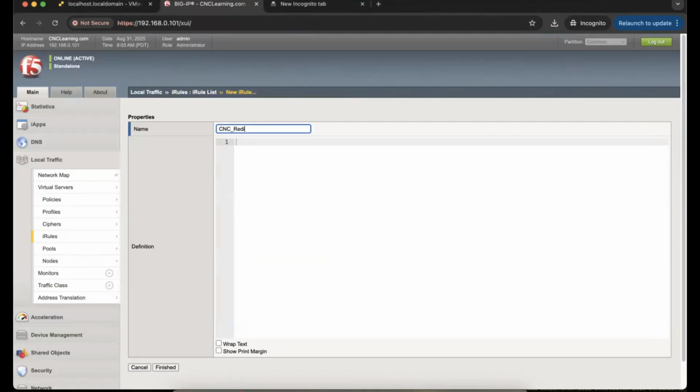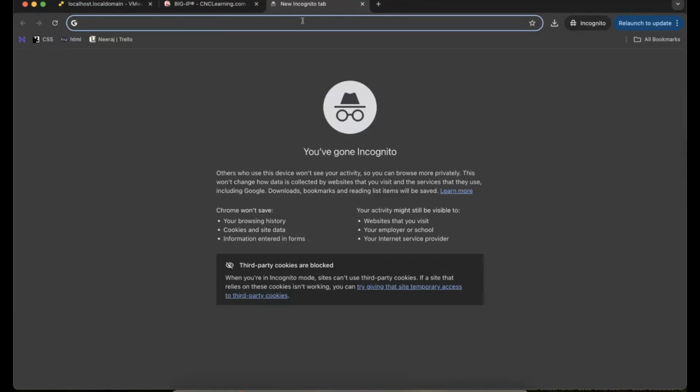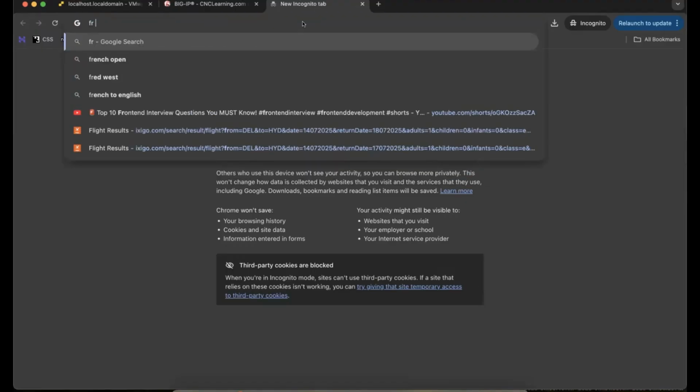CNC redirect. Okay. Now what I want here, if you are good in the Python language, it would be a really plus point. Unfortunately, not. Okay, no worries. Never worked with Python. Okay, no worries. So what F5 says, if you're not a developer or not a Python developer, what you can do actually, F5